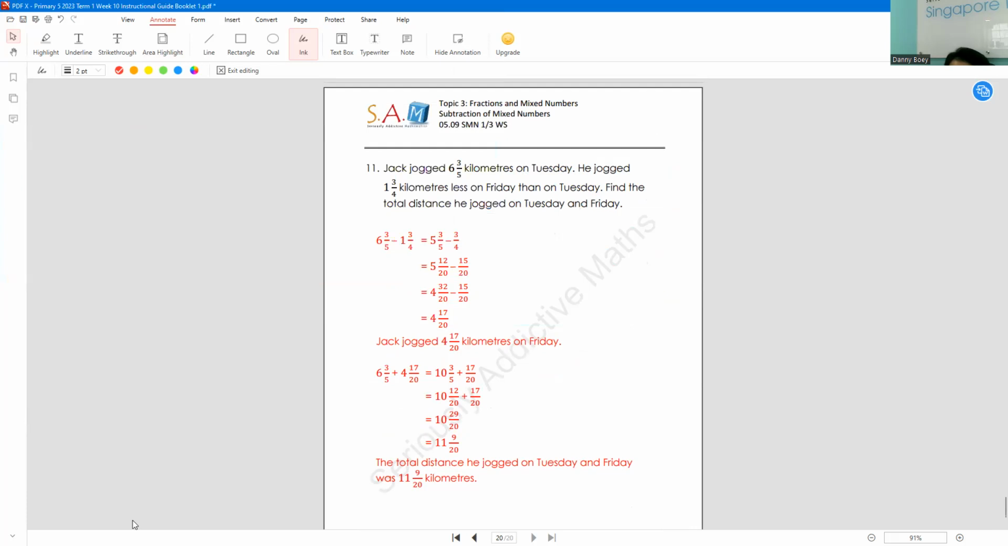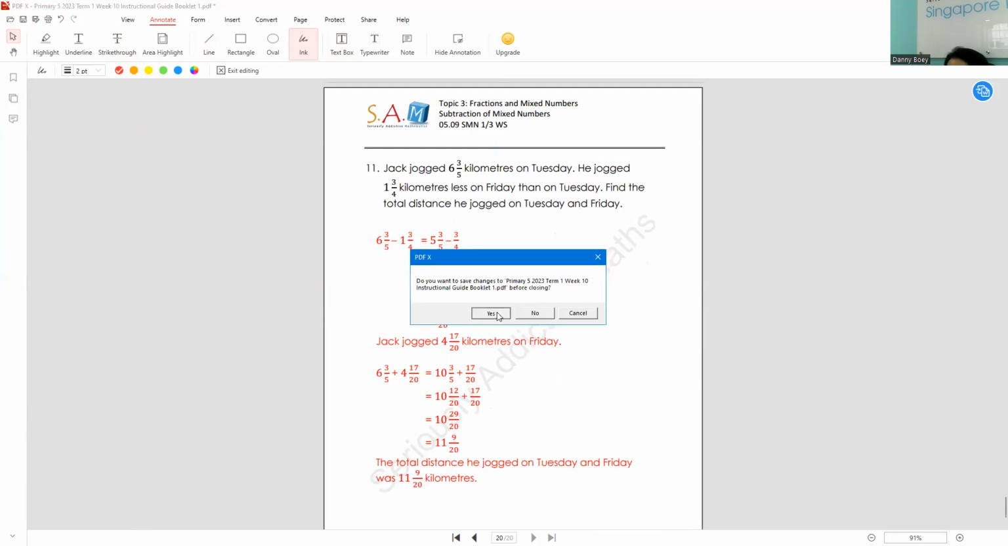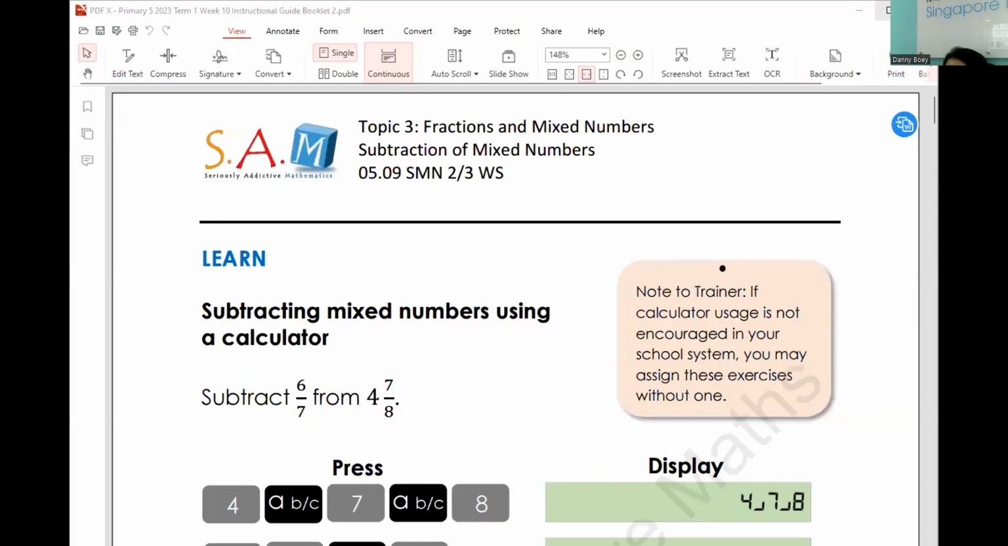Okay, sorry, I need to do a few things first. Okay, so this one, exit, yes. All right, the next one will be book 2. Book 2 is this one over here, right? So here,